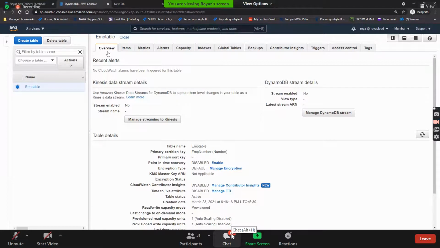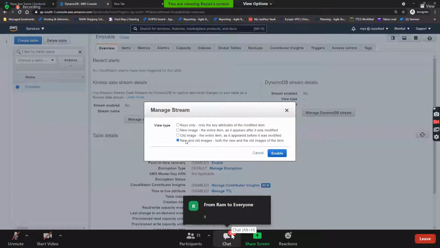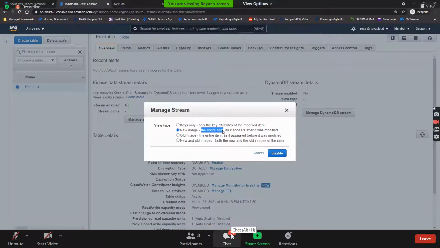You have all these things here. Overview meaning here. Do you remember the streams that we discussed? If you click on manage streams, you can enable the streams. Streams means if you update any item, do you want to log it? Do you want to log only the attribute values, or the entire item?